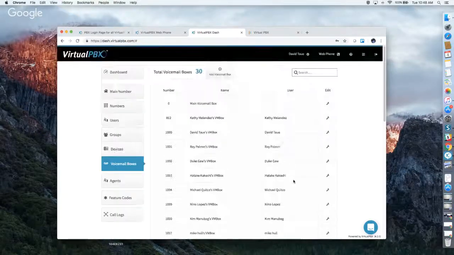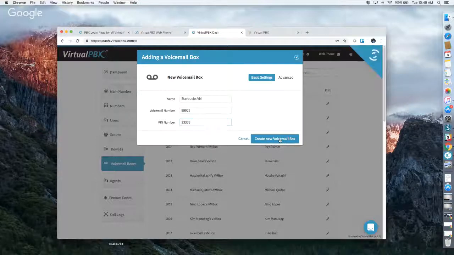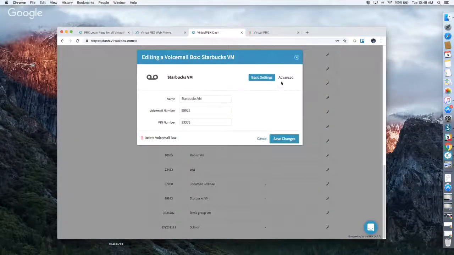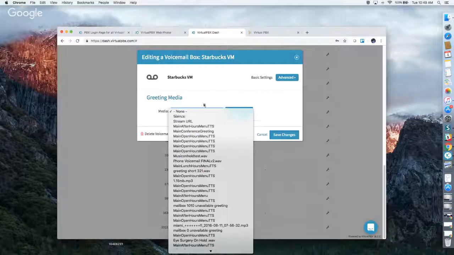But the other reason to be here is to add a voicemail box for your groups, right? So we made that Starbucks group. And now it's here. Now, once you create a voicemail box, you want to get some kind of greeting media in play. Either upload a new one or just